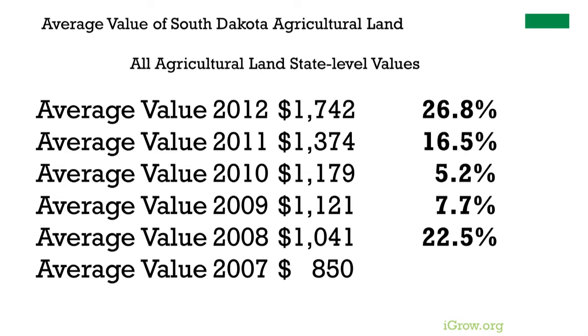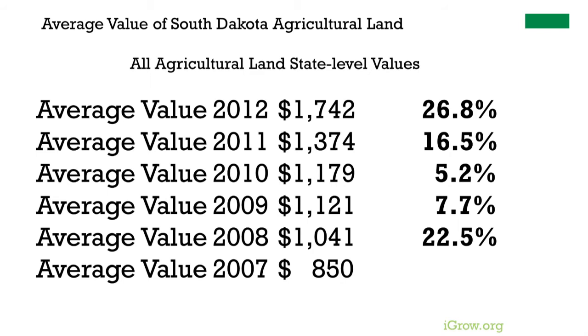Let's put that in perspective by looking at the historical trend as we have seen over the last 5-6 years of survey results. I started with 2007. That's really the first year that we saw a significant increase in commodity prices, and you can see that that has an influence on valuations that we saw in 2008. Most of those values were strong, 20 to almost 25% in a lot of the years for all agricultural land value